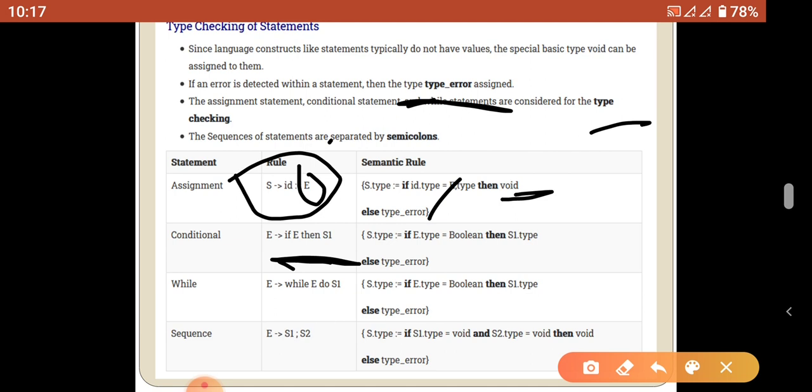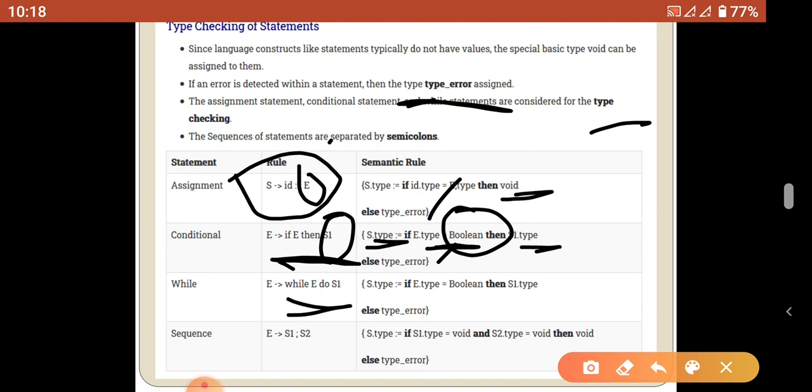The S type is based on the E type. If the E type is boolean, it returns the S1 type, otherwise it informs the error. Here we only check the data type of the expression, that should be boolean, either 0 or 1. If it is not, it informs the error, otherwise it returns the S1 type.